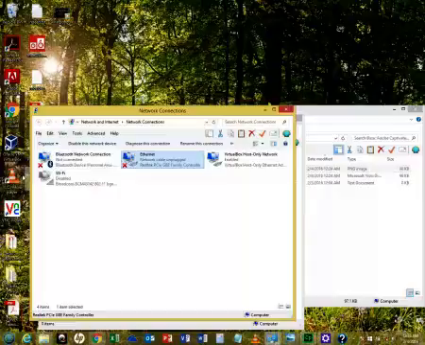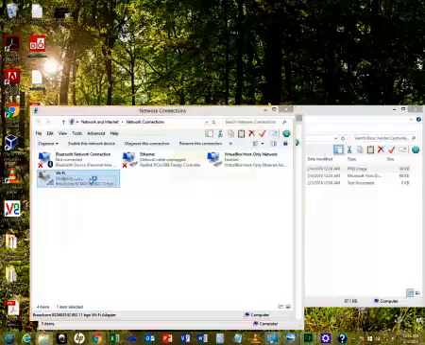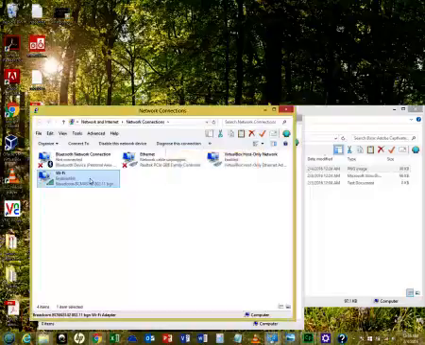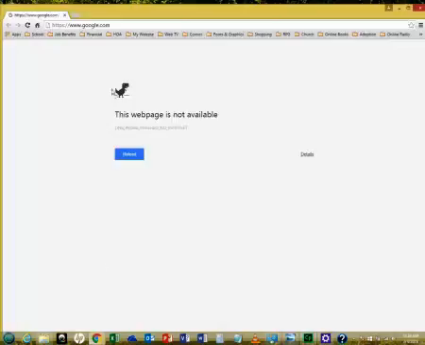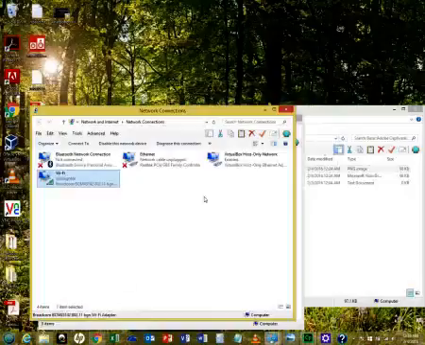You'll notice here that in this icon, it says disabled. Well, that's because I disabled it. So what I would do is that I would check this right here, and I would just right click and choose enable. Now once it's been enabled, I would just check my browser again, and we'll go to our browser and we'll click on Google, and Google connects up just fine. Now if for some reason